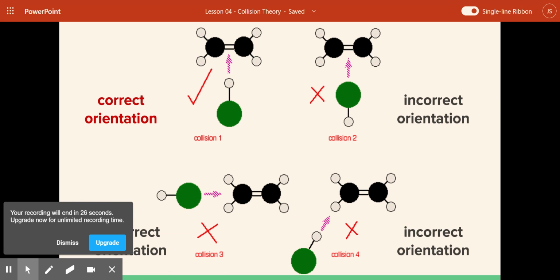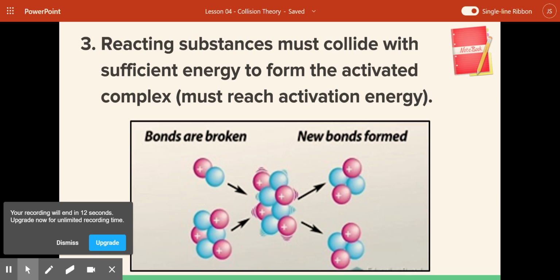This is just a couple of other examples. You don't need to worry too much about this part right now. It's just so that you know that even when there are collisions, if the particles aren't lined up correctly, you won't have a reaction. The last thing is that reacting substances must collide with enough energy for the reaction to actually happen. And this is what we'll talk about